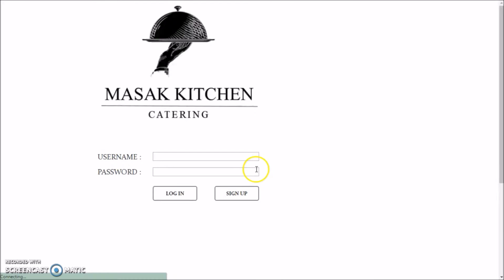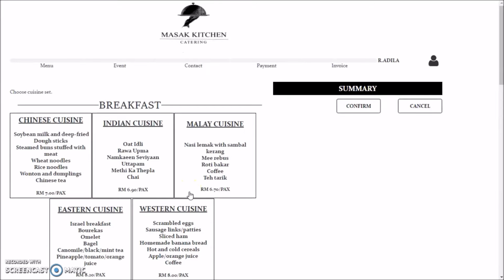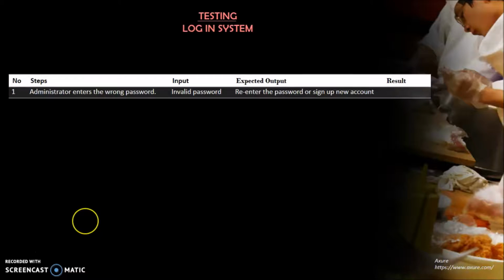So they will continue to log in to the system. Enter the username and also the password. And log in to the system. So now the customer has successfully logged in to the system once they have followed all the steps in the basic flow. So for the testing part,